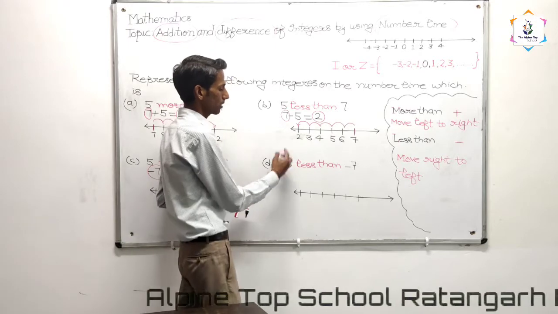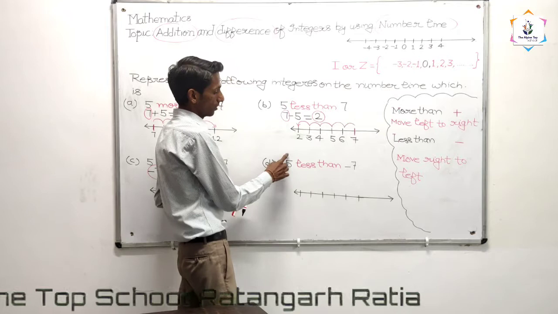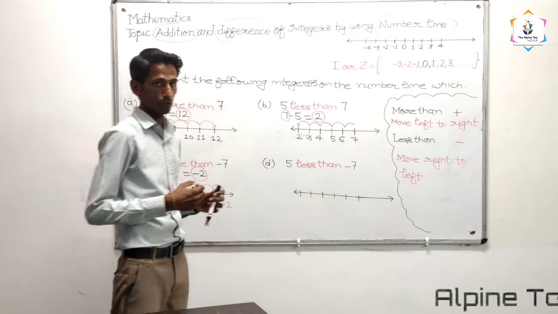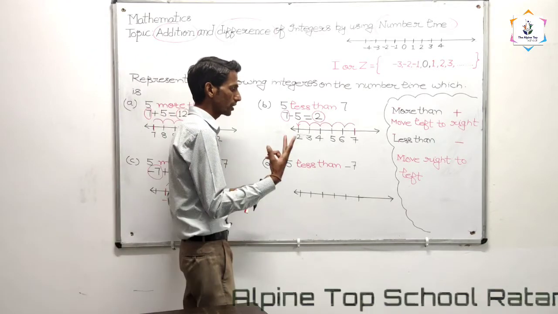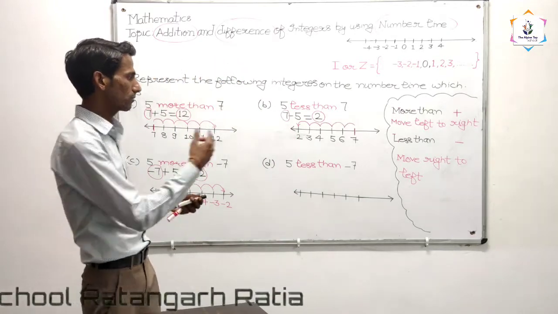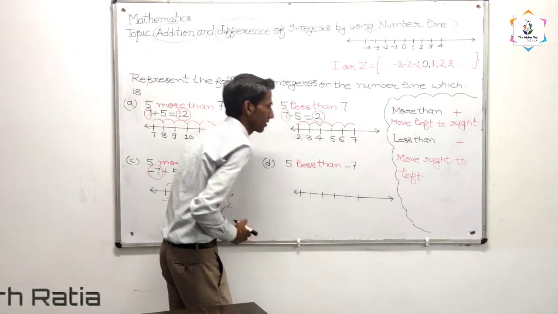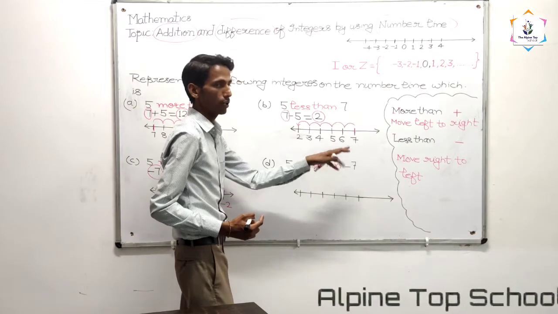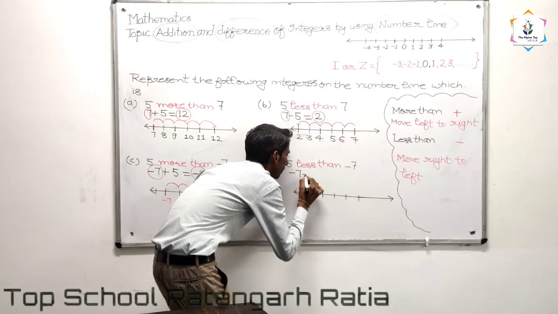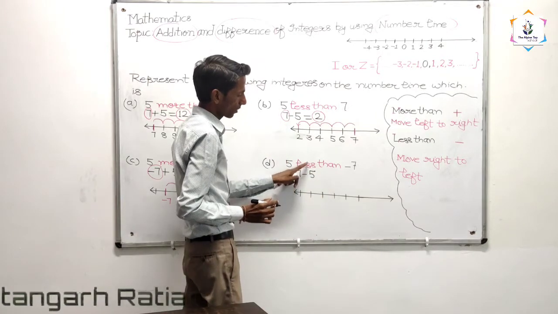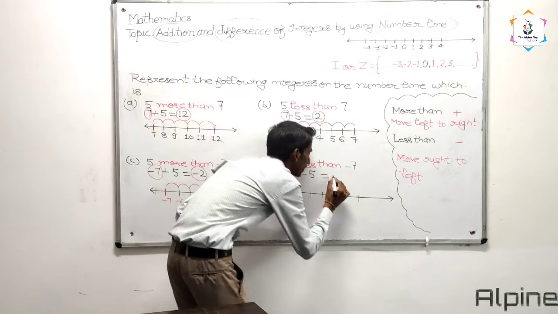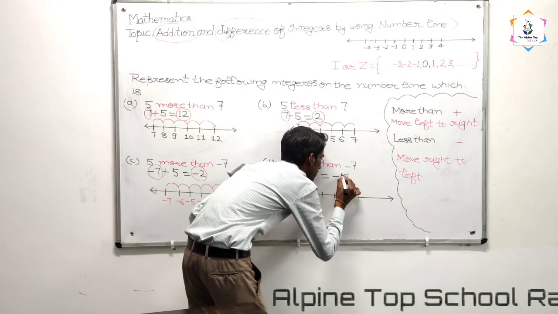Here, see, there are two integers 5 and 7, but 5 is positive and 7 is negative, and there is the word less than that we are going to use. It means the difference of two integers. Out of these two integers, one is positive and one is negative. What will happen in this case? Firstly, we have to do the calculation. 5 less than minus 7. We need a number which is 5 less than minus 7. Firstly, we have to do the calculation: minus 7 minus 5, because for less than we have to use the negative symbol. Now students, you know, minus 7 and minus 5 will give the result minus 12.